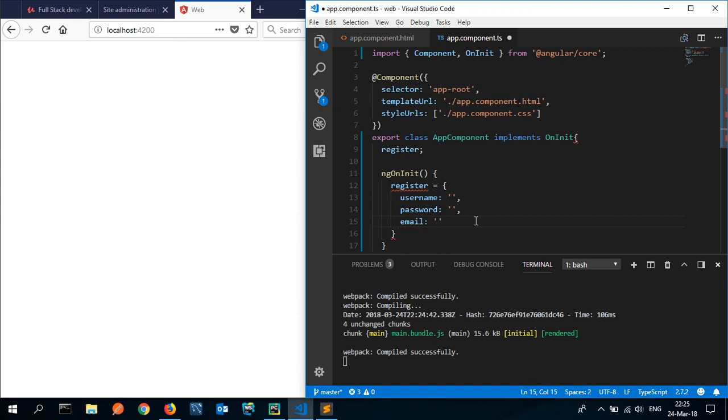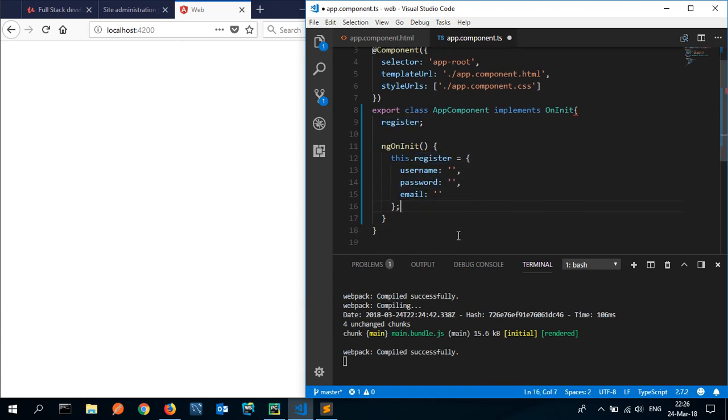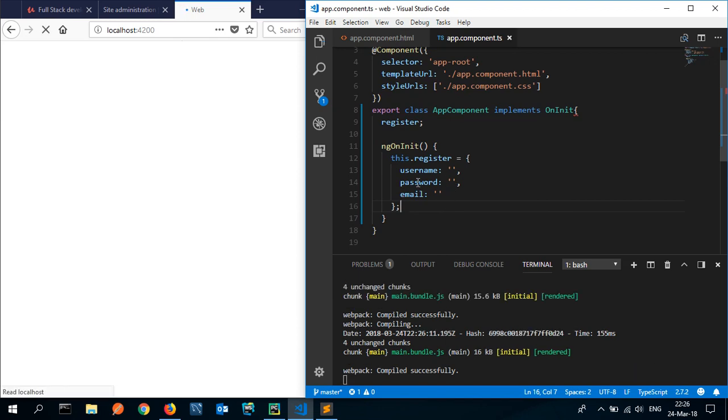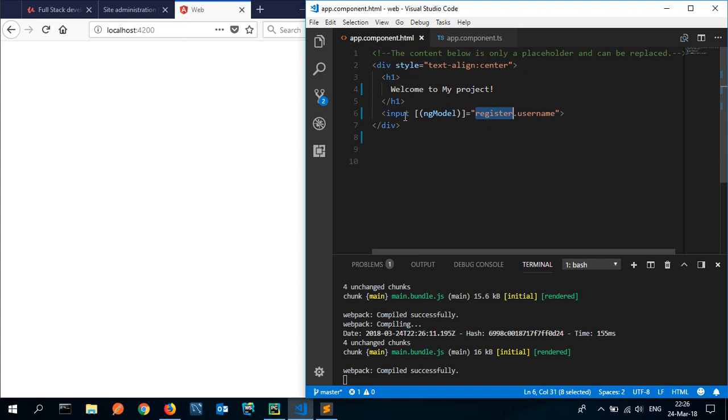So inside here, I need to use the keyword this. For this component I will have a variable register, and I'm referring to this whenever the component is ready. So on initiate I will just set the register username, password, and email to empty strings. I will end it with a semicolon here, so I have the empty object here, and then for each of these